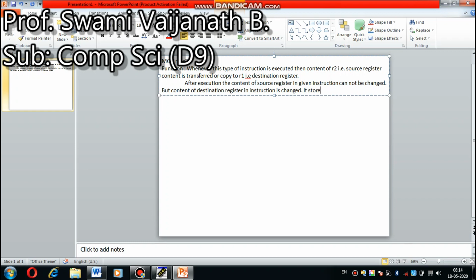It stores the content of the source register.